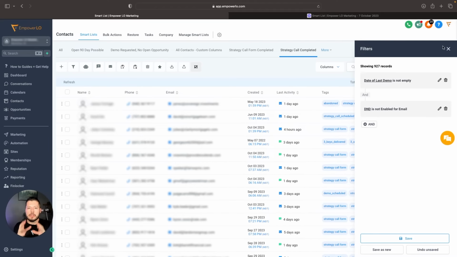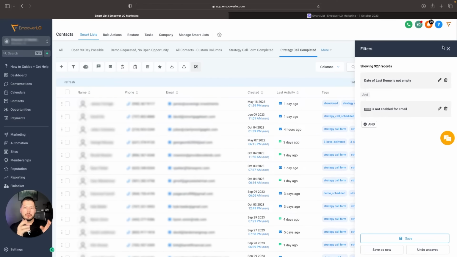In a lot of other marketing automation platforms, you have to manage a list, which ultimately sounds the same, right? Smart list versus a list. The difference is that with a list, you have to manage whether or not somebody is still a member of that list, whether or not somebody is still in the category belonging to that list. So for example, let's say I wanted a list of anybody who has done a strategy call with us in the last 30 days. Well, in order to do that with the traditional list